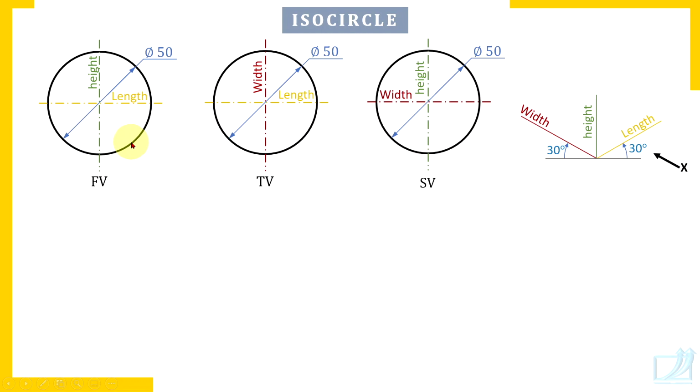Now if the circle is in front view, in orthographic views, the center of a circle is always established using center lines, horizontal and vertical. Of course, those center lines are always parallel to one of the three reference axes. If it is front view, then the horizontal center line is parallel to the length axis and the vertical center line is parallel to the height axis. That is, the center of the circle you should establish in isometric view also by drawing these two center lines, one parallel to the length axis and the other parallel to the height axis. Now let's draw these center lines.